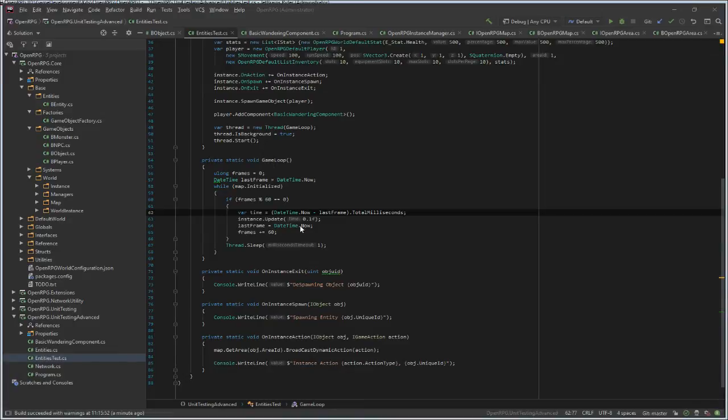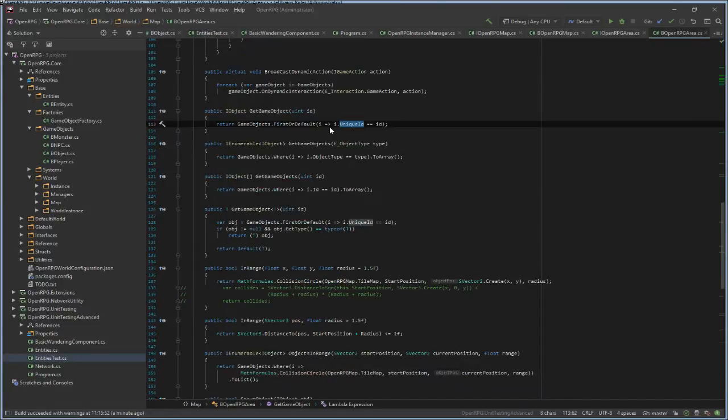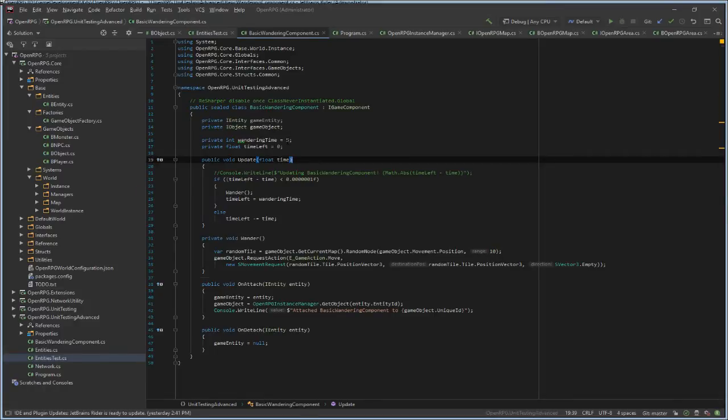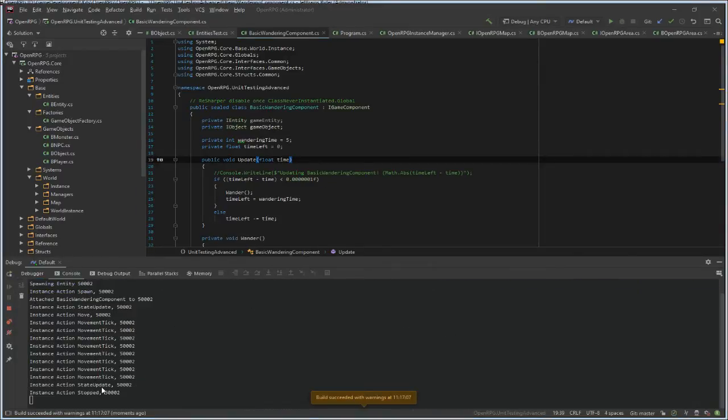Is it total seconds or milliseconds? Total seconds, maybe? I have no idea. Cast. Oh, I need to cast float. Will this fix it? I'm not sure. So it's moving.